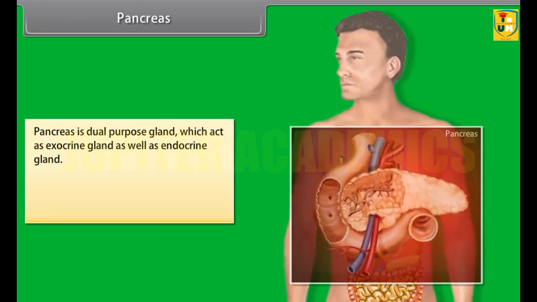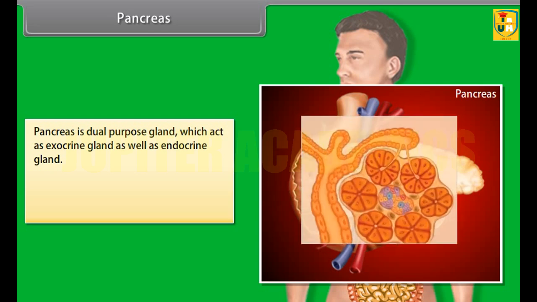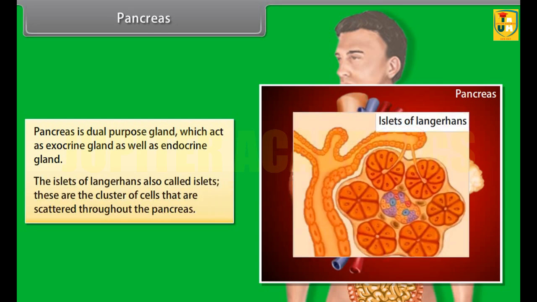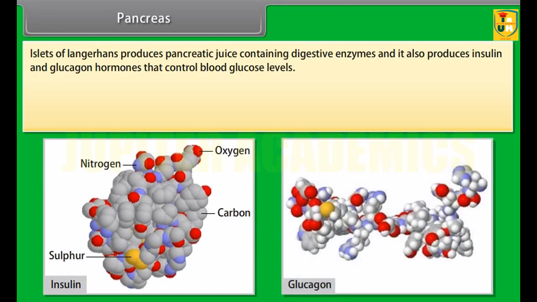Pancreas. The pancreas is a dual-purpose gland which acts as an exocrine gland as well as an endocrine gland. The islets of Langerhans, also called islets, are clusters of cells that are scattered throughout the pancreas. Islets of Langerhans produce pancreatic juice containing digestive enzymes, and they also produce insulin and glucagon hormones that control blood